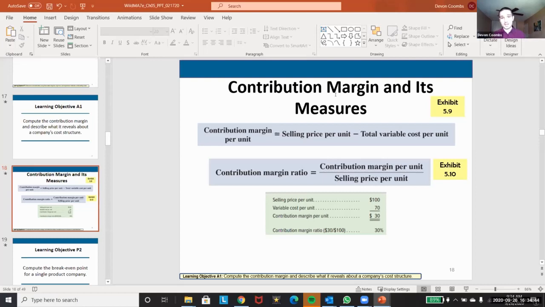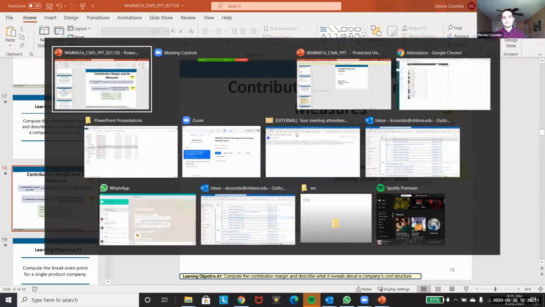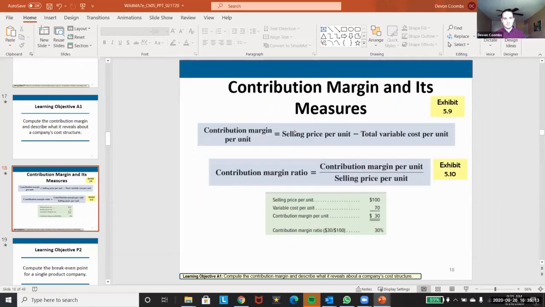Contribution margin is non-GAAP, important to know. It's non-GAAP, but it's extremely useful from an internal management perspective. And all we're looking at is the selling price per unit minus total variable cost per unit. So what am I saying here? It's not my GAAP profit per unit. We call it contribution margin per unit. But if you think about it in layman's terms, this is what a layman would think is profit per unit, where, let me open up a calculator,